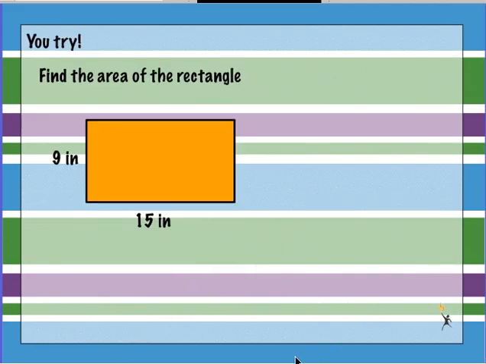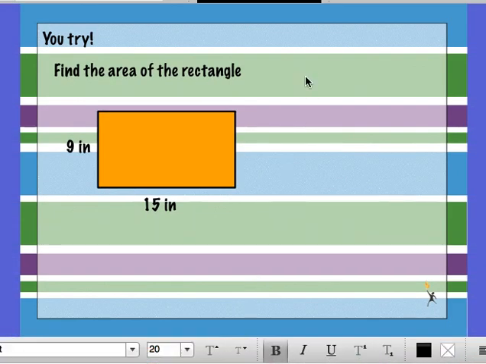So when you're finding the area of a rectangle, we know that we just take the base times the height. So in this case, we take 15 and we multiply it by 9. Okay, and to do this quickly in our heads, we can say that 9 times 10 is 90. 9 times 5 is 45. So 90 plus 45 gives us 135. And then it's square